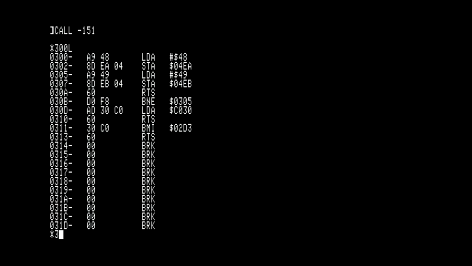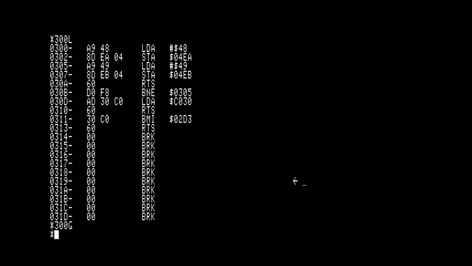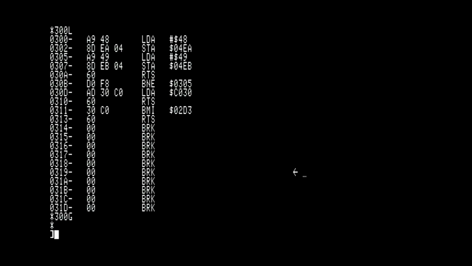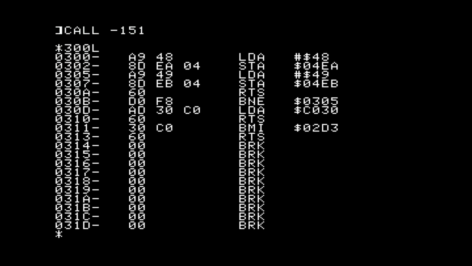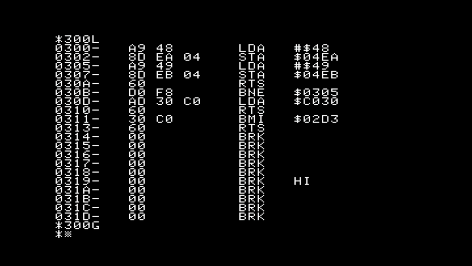So in any case, if I do 300G here, it's going to run the program. Oh, and actually, it printed some nonsense characters to the screen because this program is designed for 40 column mode, and I'm now in 80 column mode, and the character map is different. So I'm going to Control C, enter, and I'm going to do Control reset and run home. That puts me back into 40 column mode. Okay, so if I go back into the machine monitor, let's take a little look at the memory. Yep, the memory is still here. It didn't blank it. I can now do 300G, and it gives me flashing high,